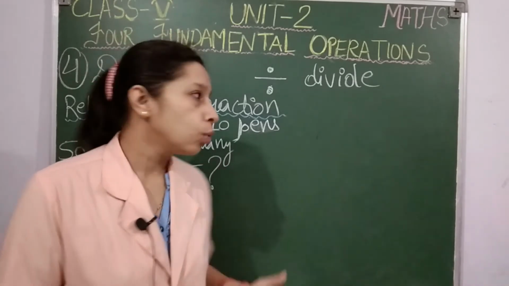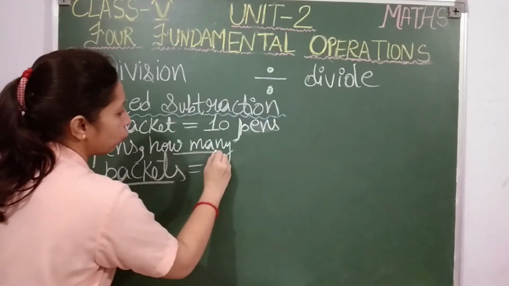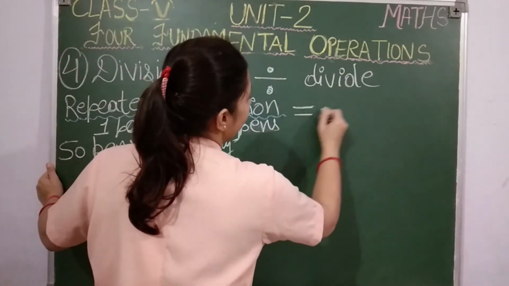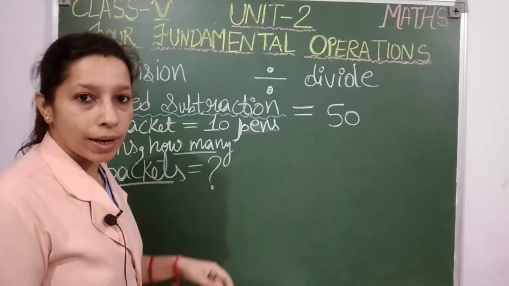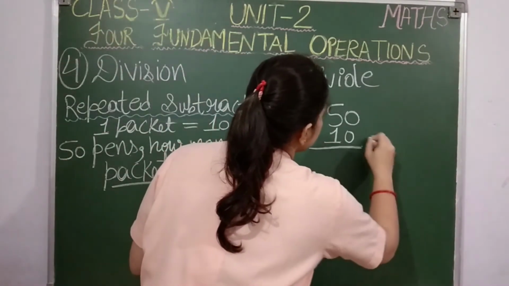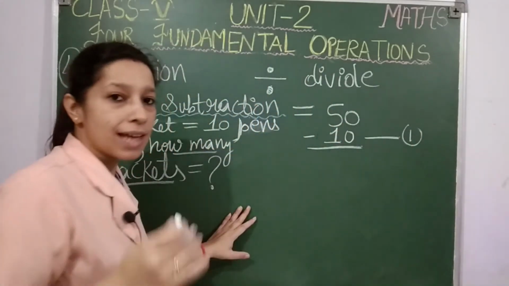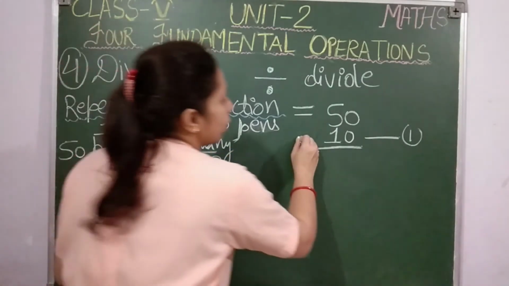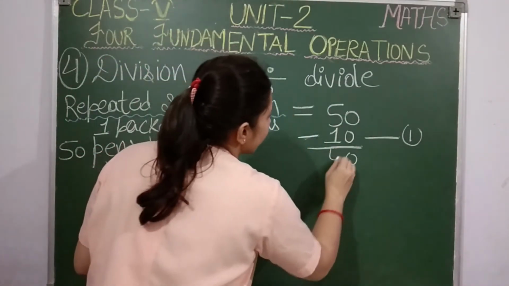Okay, let us do this using repeated subtraction. I will find the number of packets I have to use for keeping these 50 pens. Let's see how, students. The total number of pens is 50. In one packet, how many pens can I keep? 10 pens. So from this 50, I will use the first packet and keep 10 pens. Now how many pens are left with me? To find the left or remaining value, I told you, you have to subtract. So here I will subtract 10 from 50. 0 minus 0 is 0, 5 minus 1 is 4.